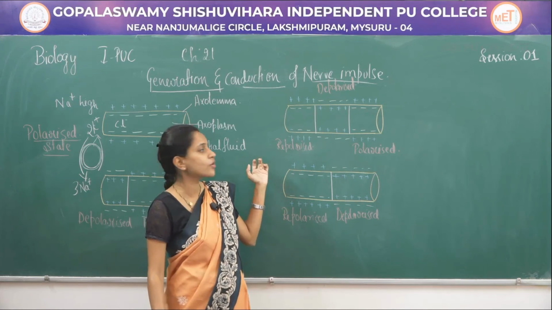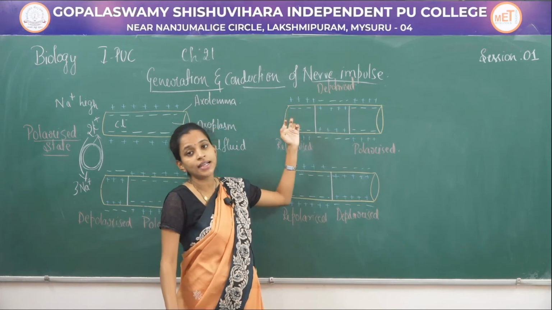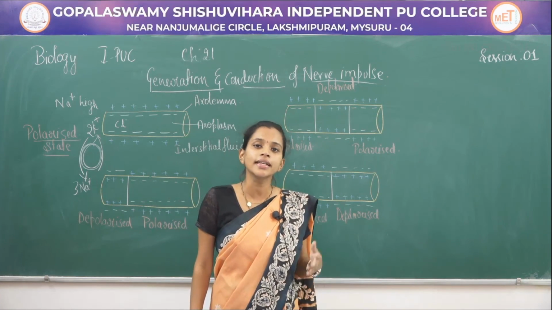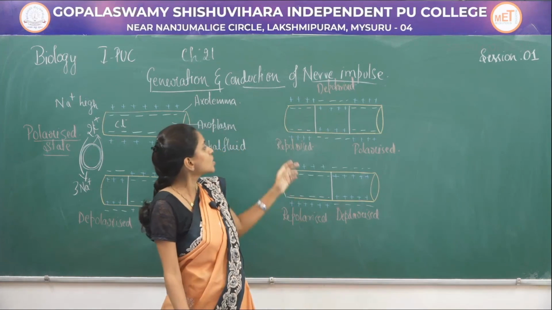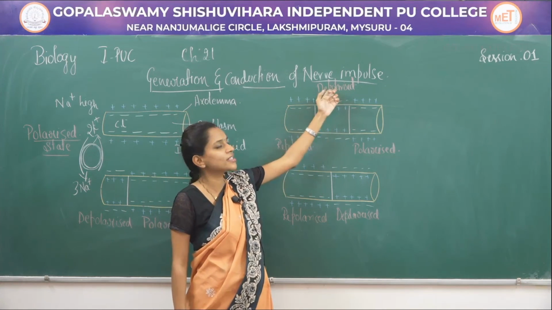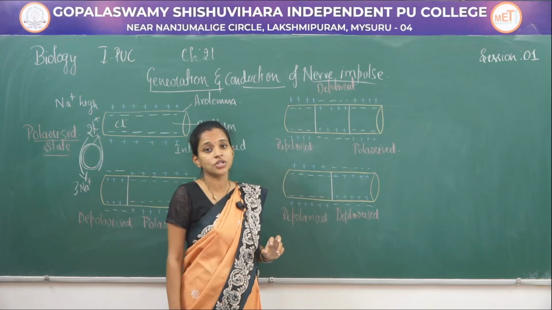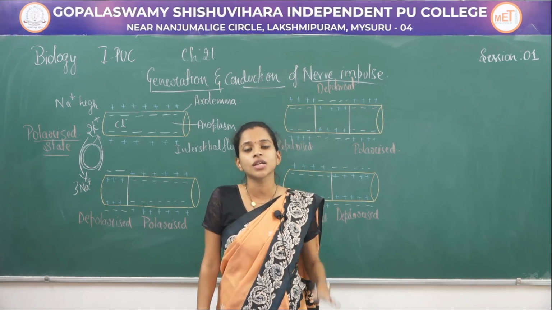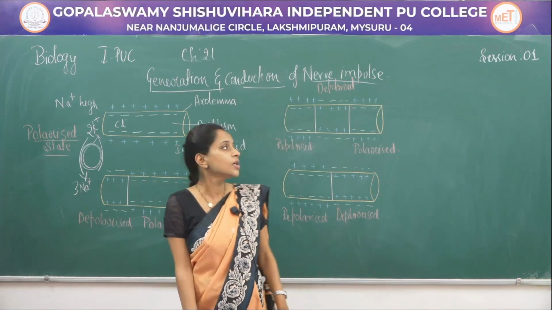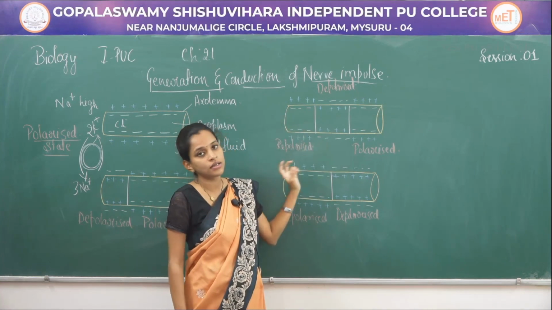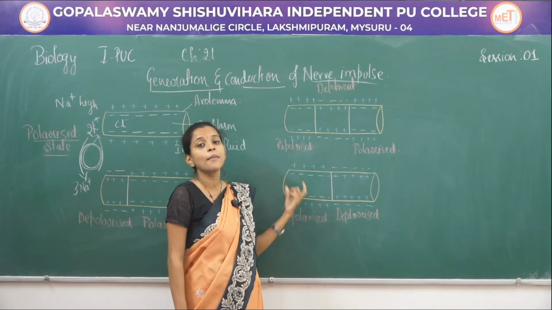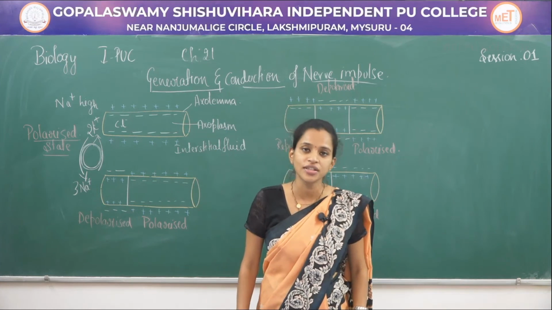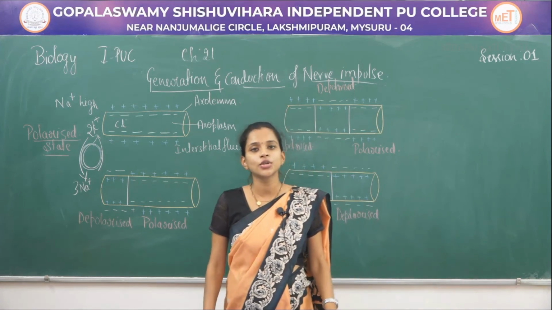Repolarization is similar to that of polarization, where the negative charge is more in the axoplasm and positive is more in the interstitial fluid. Next, the polarized state now has undergone depolarization, giving the positive charge within the axoplasm and negative charge in the interstitial fluid. So, this whole signal goes, or the stimuli goes part by part throughout the axon, and thus helps in conduction of nerve impulse. So, that is all in today's class.